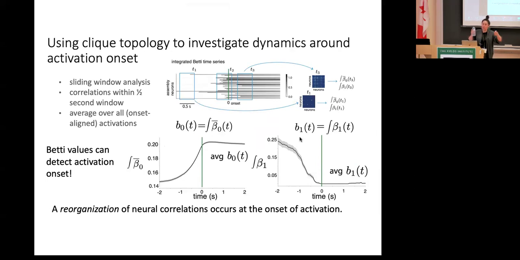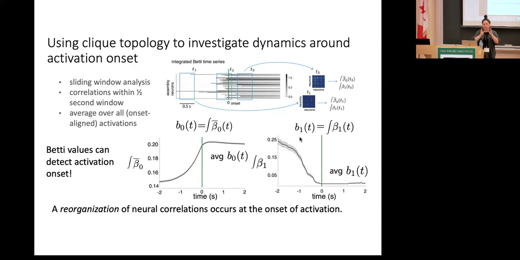and then we'll transition to one of my favorite parts of this analysis, this sliding window analysis through activation onset. Okay, so our big takeaway from that was that during activations, assembly activity looks really low rank, maybe even rank 1. Outside of activations, these assemblies look random. But what's happening at that moment of activation? To understand that better, what we're going to do is look at a half a second time